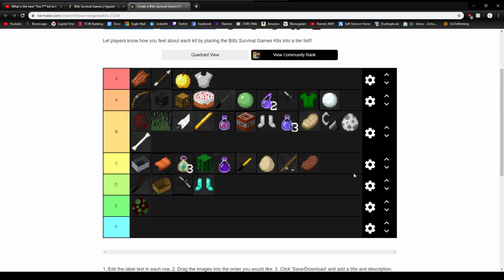I could agree. Alright, B tier. There's the most kits in B tier, which isn't necessarily a bad thing. Okay, so with all these kits in B tier, do you think any of these deserve to move up or down? Is the question. Considering it's Prez 2, so you have to consider...